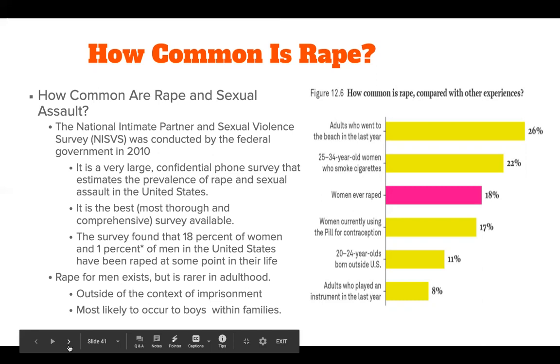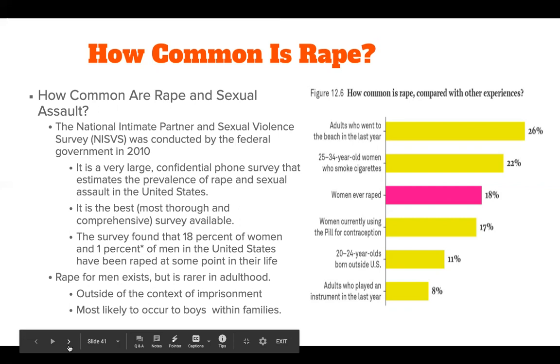Later in life, rape becomes much more common for men if they are in prison, so much so that there have been policies passed around rape in prisons. The Prison Rape Elimination Act is meant to address that. What we commonly and culturally treat as a joke, like don't drop the soap type of thing, is still violence enacted upon an individual, and that is not the purpose of prison. That is not supposed to be a consequence of prison. You go to prison to serve your time for whatever crime that you committed. The expectation should not be that you are